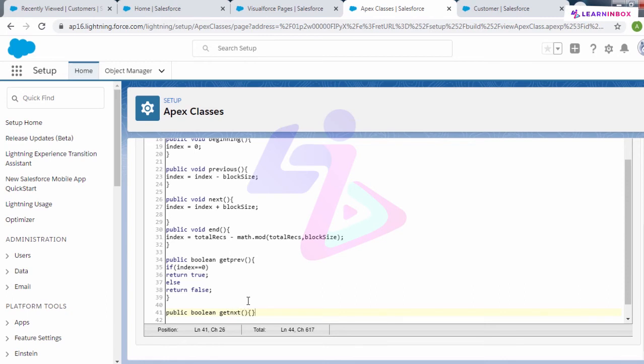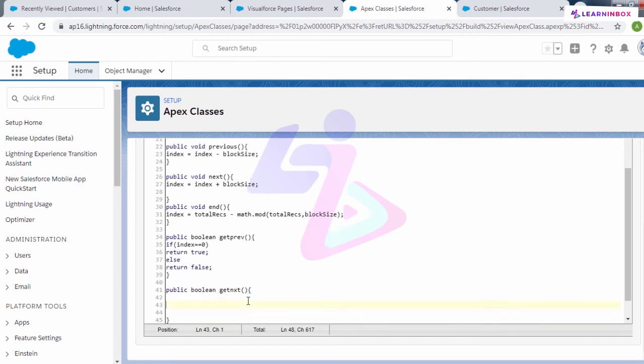This is my method, and the logic behind my method would be: if index plus block size is greater than the total records, then return true.